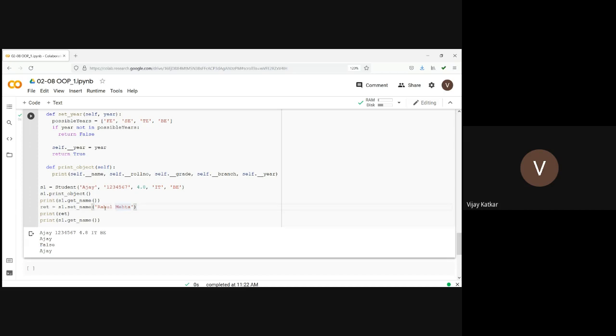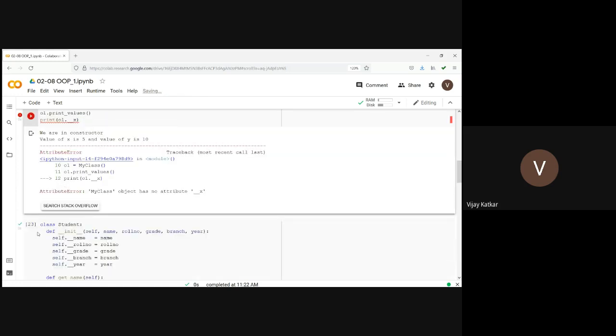I guess it is because of this space. isalpha does not support space, I guess. So Rahul Mehta. Okay, I'm changing it to Chandrasekhar. Yes, it's true. So name is set, and it is Chandrasekhar. So there should be some change. It should accept space characters in the string and then convert it. So how can I do it?